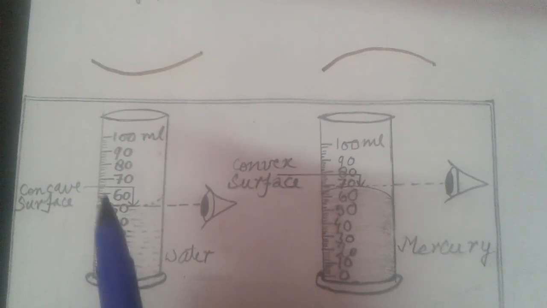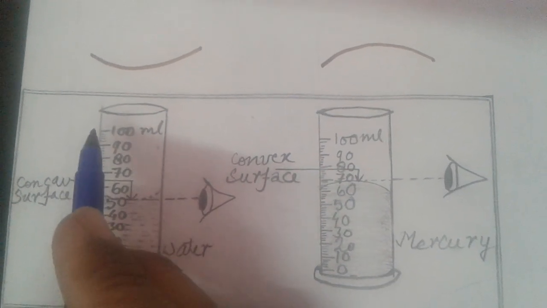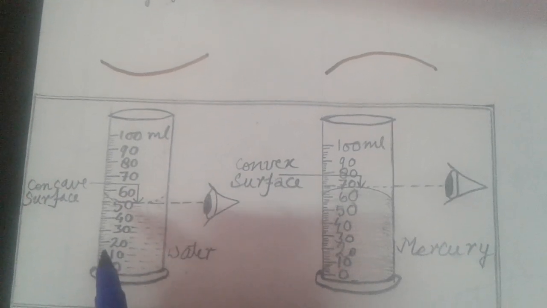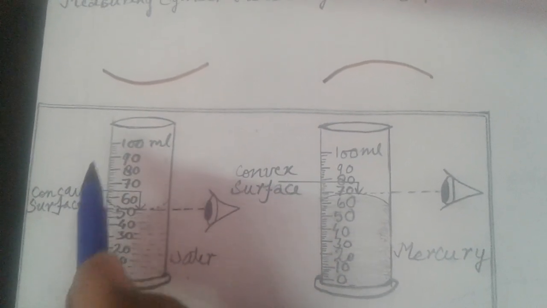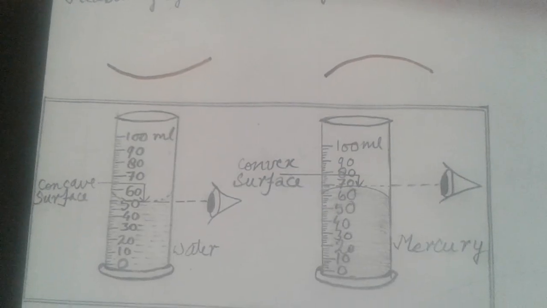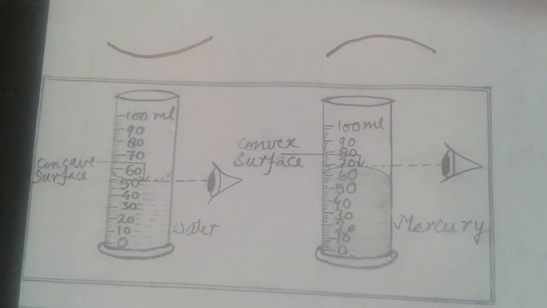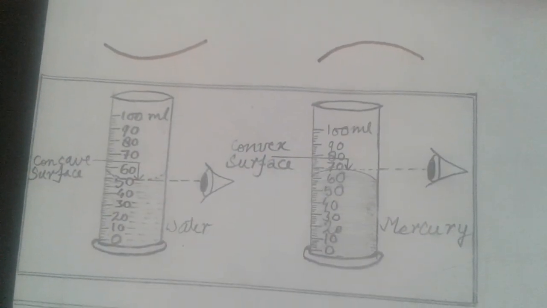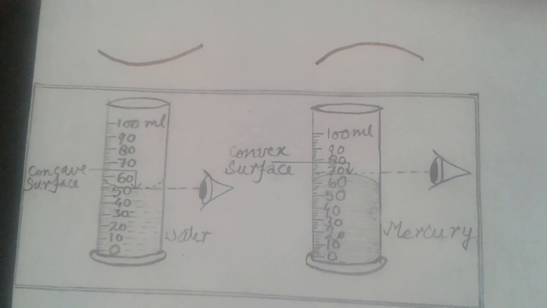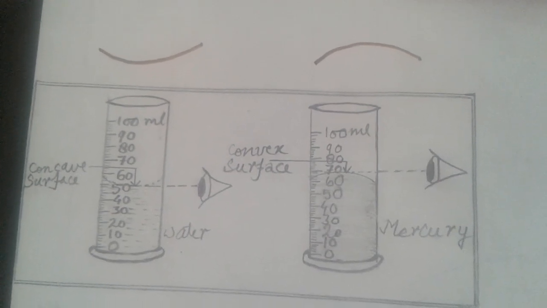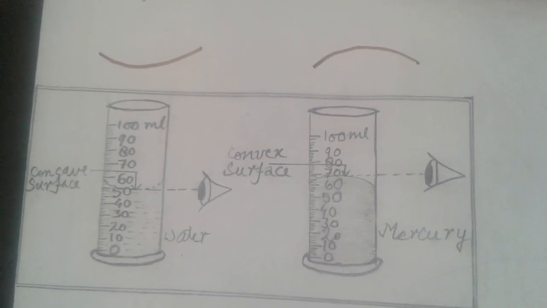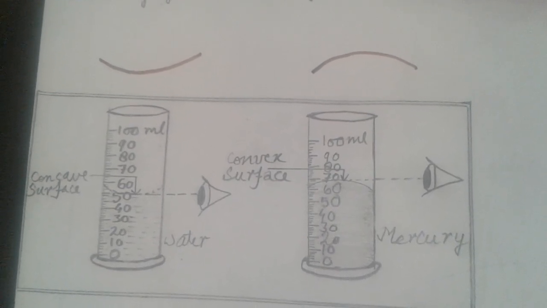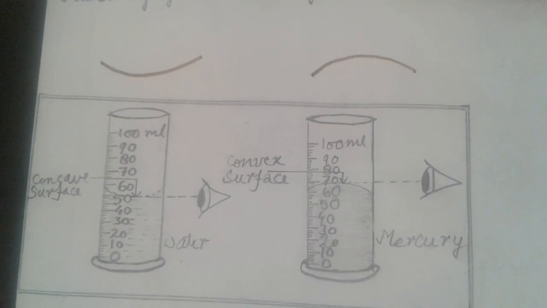To find the volume of a given liquid, it is poured in the graduated cylinder. The volume of the liquid is read. You see markings are done. In case of water, alcohol, etc., concave meniscus is formed like this. In this, intermolecular force of attraction between the molecules of water is less than the intermolecular force of attraction between the molecules of water and molecules of glass. Or we can say force of cohesion is less than force of adhesion.